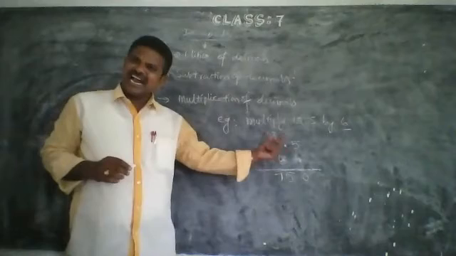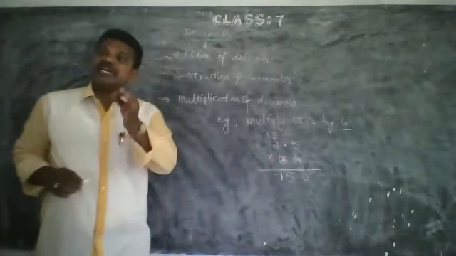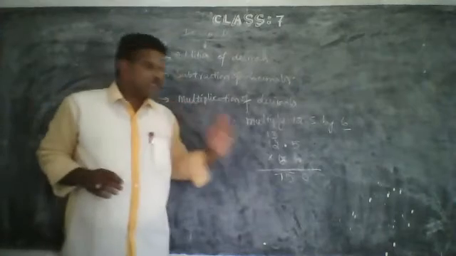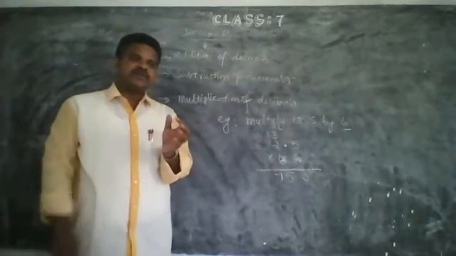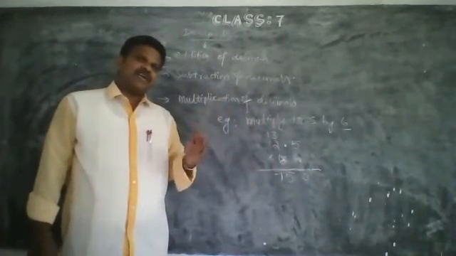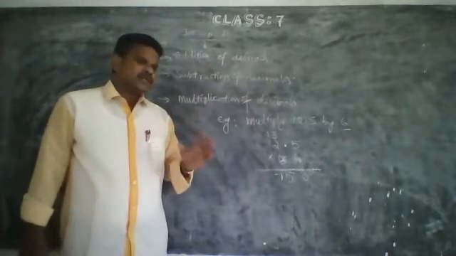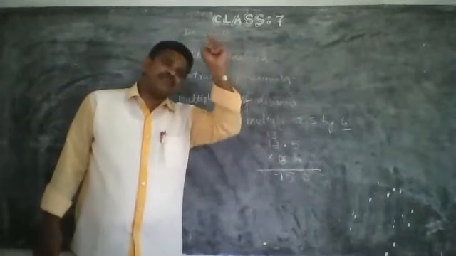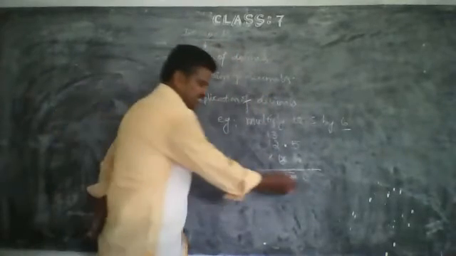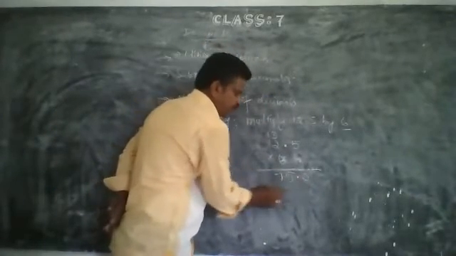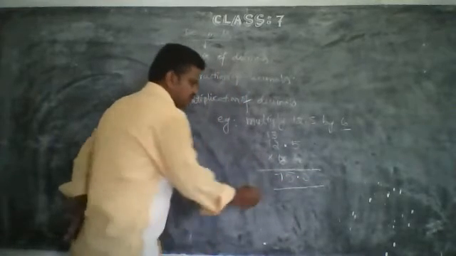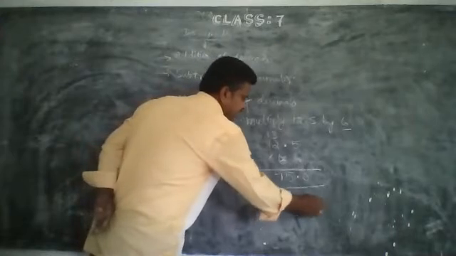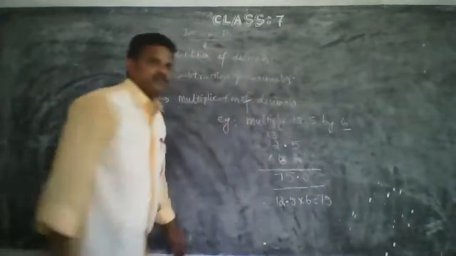In the multiplicand and multiplier, count the number of decimal digits or decimal places, in the multiplicand and multiplier together. Total, see how many decimal places are there in the multiplier and multiplicand. Only one decimal place. So we put one decimal place in the product also. Yes, one decimal. So 75.0. Therefore, 12.5 into 6 equals 75.